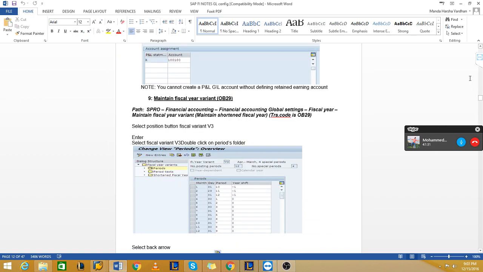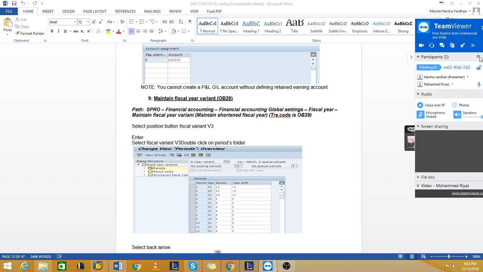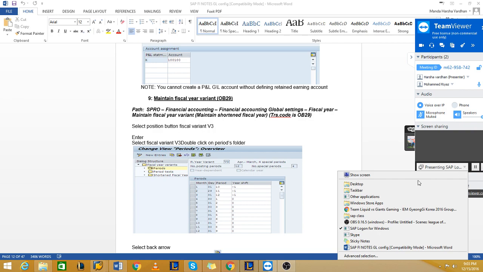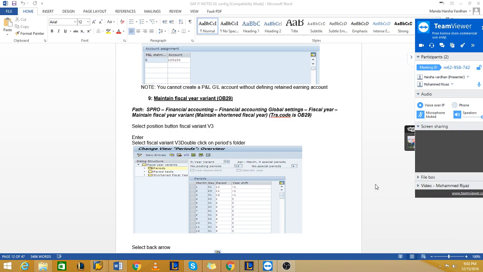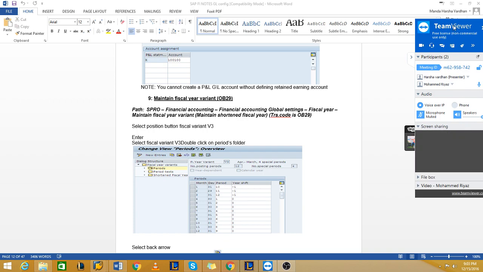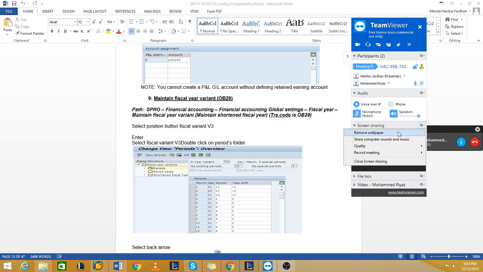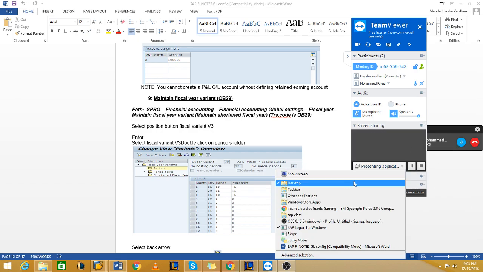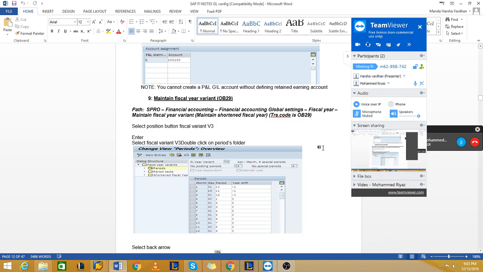When I am using SAP, it's getting highlighted. Okay. Yeah, you can see. Yes.